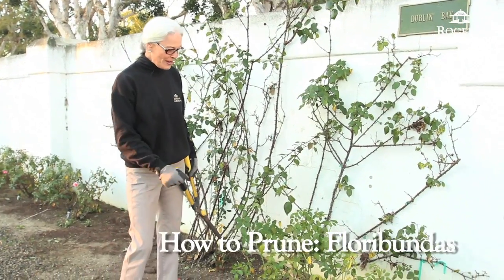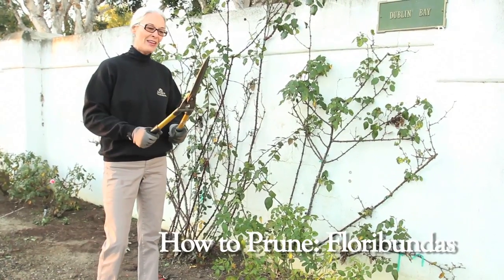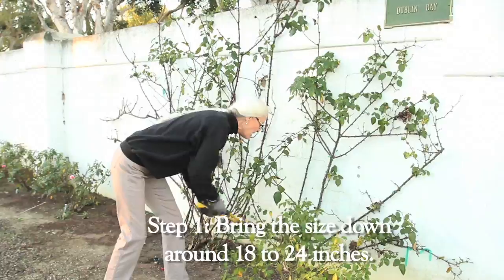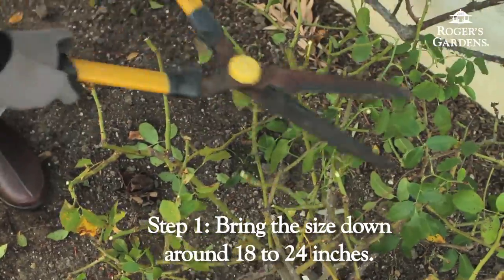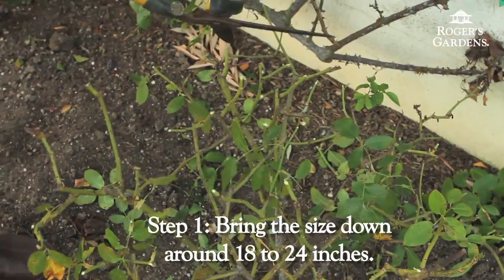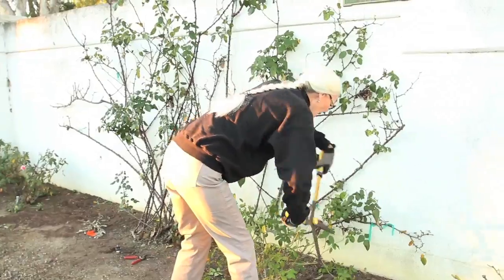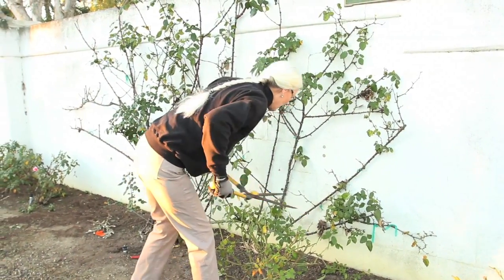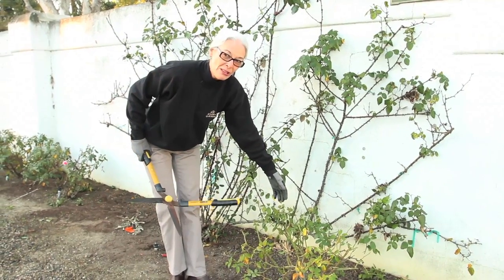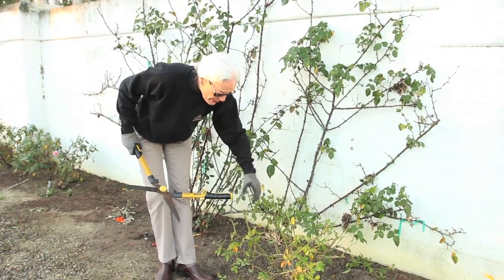Here we have a Floribunda rose which needs cutting back. In my hands I have hedge shears, and I'm going to bring it right down to the size that I ultimately want it to be, because it makes it fast and simple. And once I get it down, then I can see what I have as far as the canes. Alright, this is about the height that I ultimately want the Floribunda rose to be, about 18 inches, maybe 20,